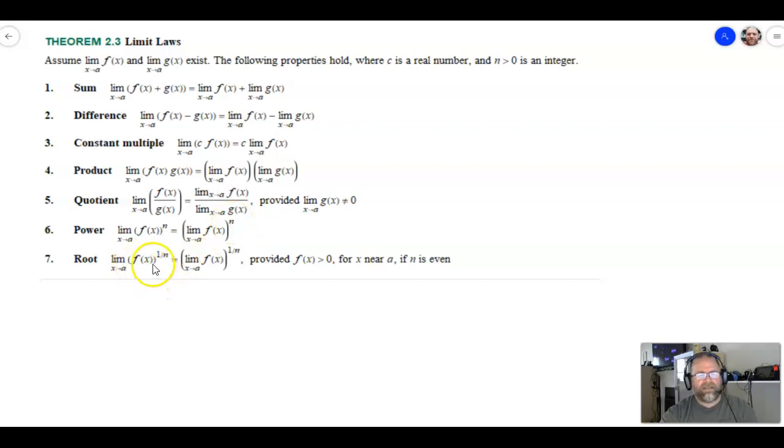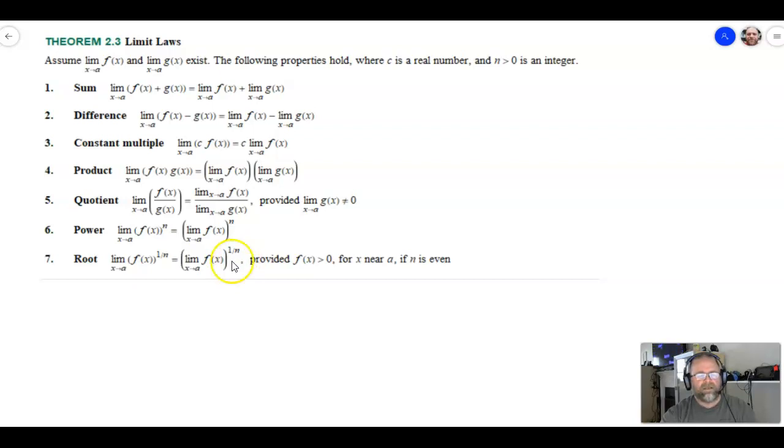And then the same kind of idea holds for the roots. So instead of taking it to just power n, it's power of 1 over n. And this is providing that f of x is greater than 0 for x near a if n is even. If n is even. Why does n have to be even? Because then we're only looking at the